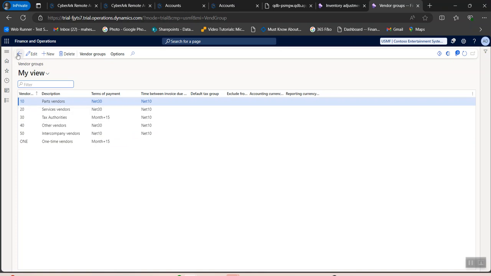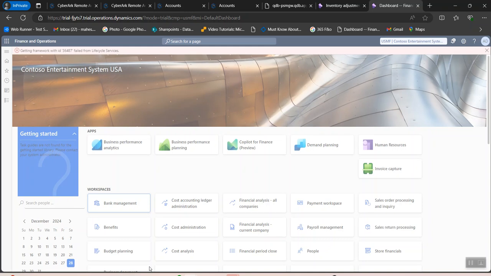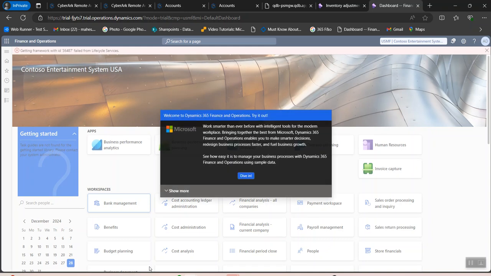So you can classify with the help of groups, and based on groups only your posting profile will be set up. Okay, so once you have completed your CRP sessions, you will have the UAT phase. In UAT readiness, initially, that is the first step, you will configure all the modules, either finance or SCM. The next step is you will import the data. Once you import the data, you will do a dummy run, a trial run. If you have any integrations or customization points,